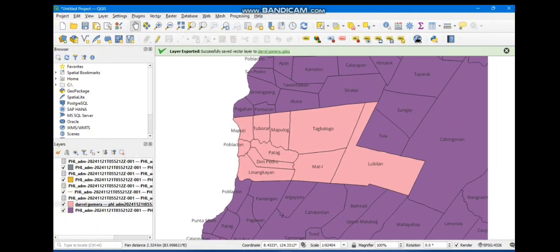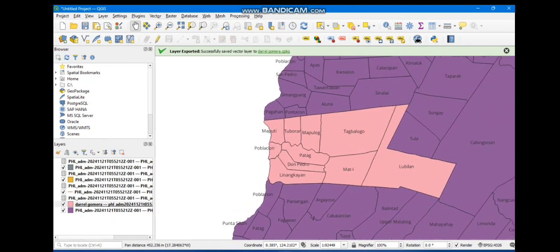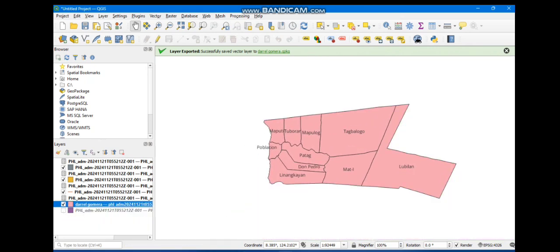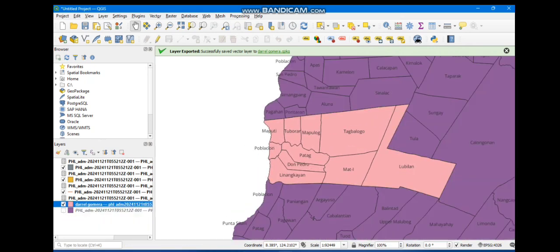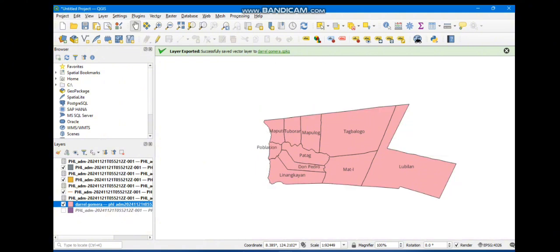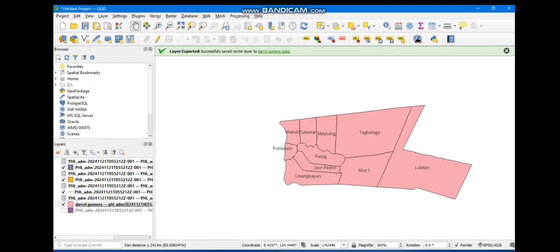As you can see here, we will now have my study area. So in this case, my study area is only highlighted.